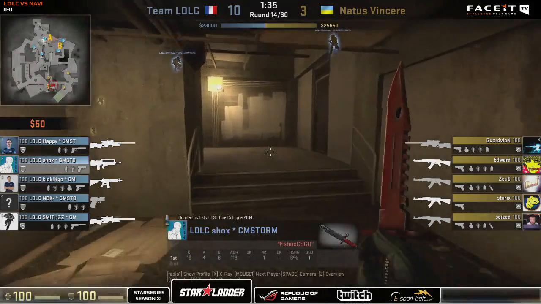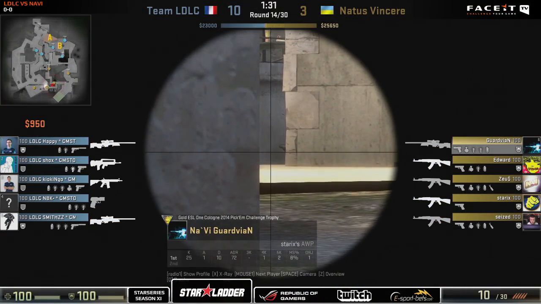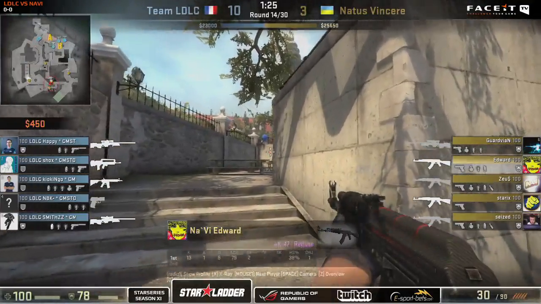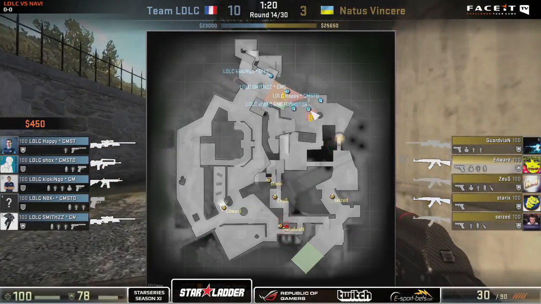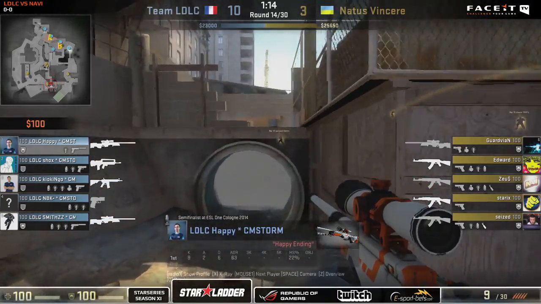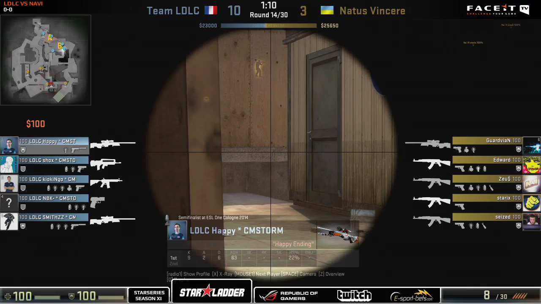So, see where they proceed. Guardian holding an angle at the moment. Going to have Edwards going to check long, possibly. Or in fact, they're going to disregard long for the time being. And if we look at the CTs here, they're playing a lot more passively on this round than they have in previous. Yeah, this would probably be quite a long round as well, considering the fact that Na'Vi already were